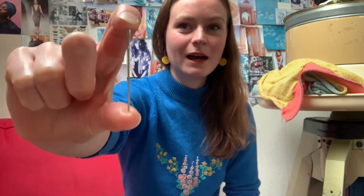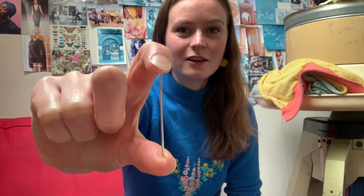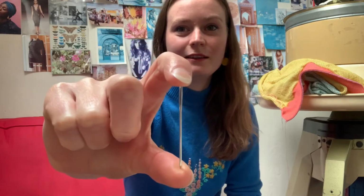So the first thing you'll need is a needle. It's the main piece of equipment you need for visible mending and possibly the easiest. I use a tapestry needle. So you can see here it's got a large eye and a blunt point, and I tend to favour this